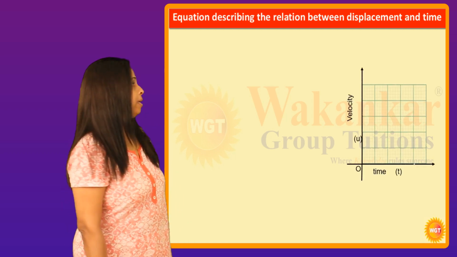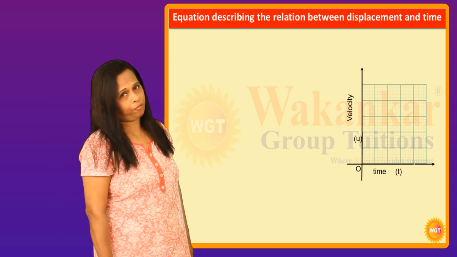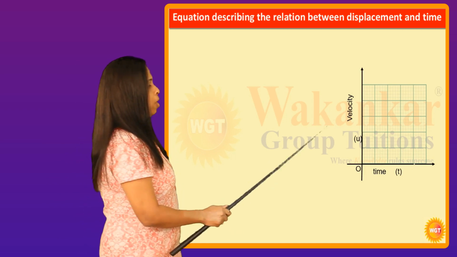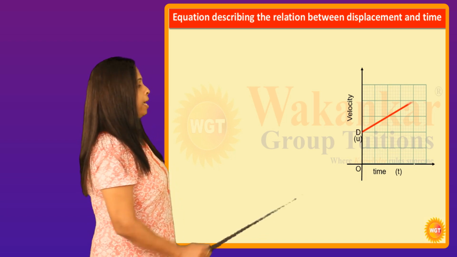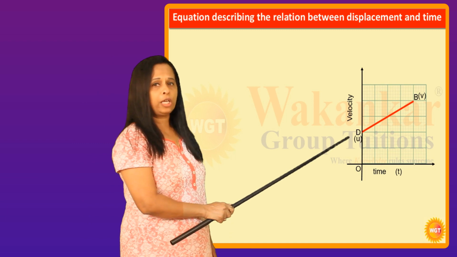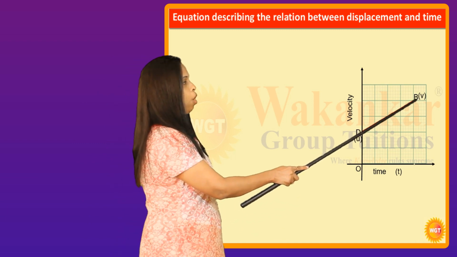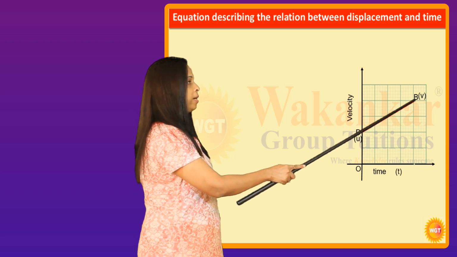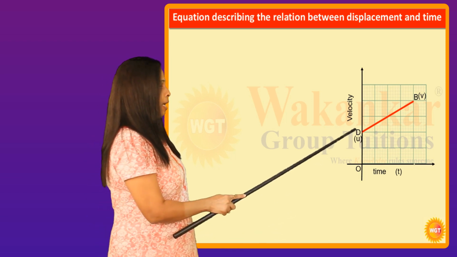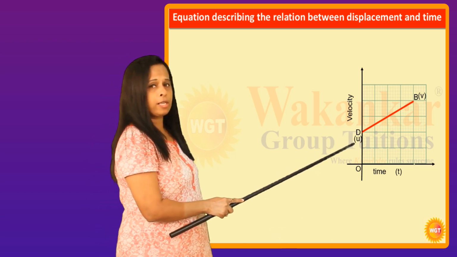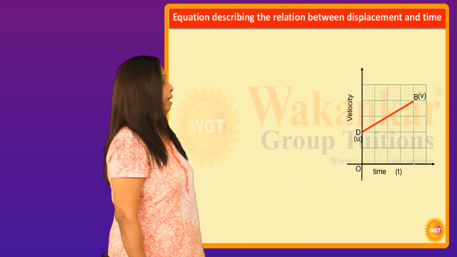How to derive? We need the graph which we already have done in our first equation of motion. It is a velocity time graph, and in this graph we see a body is already in motion with initial velocity u. Its velocity, that is final velocity, becomes v and it is plotted at point B on the graph. Thus, D tells us about initial velocity and B represents final velocity.